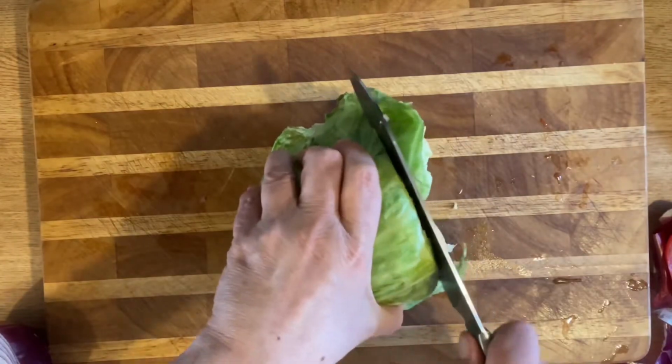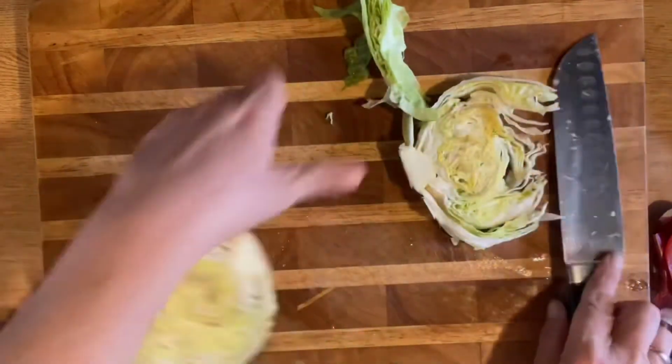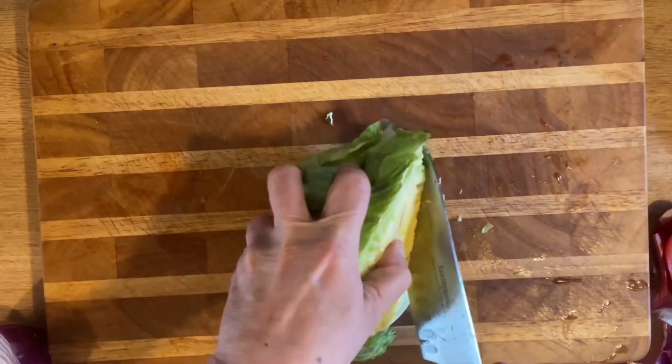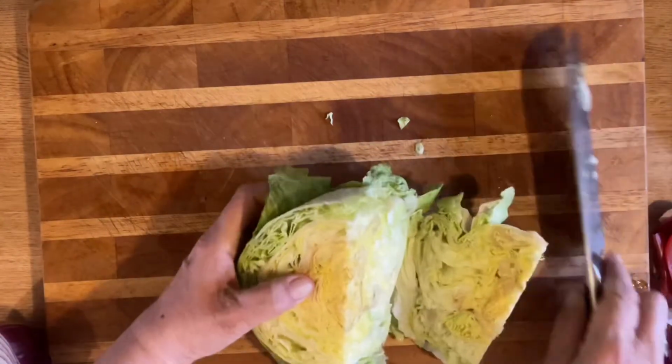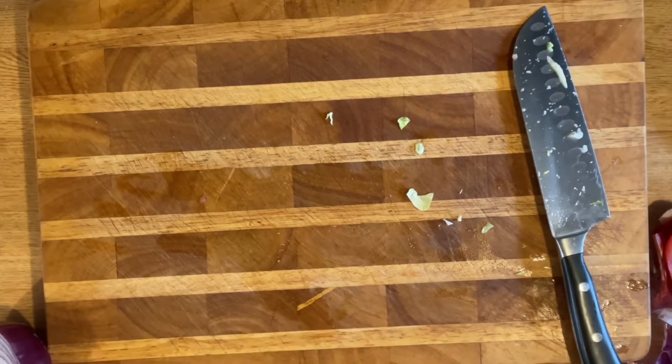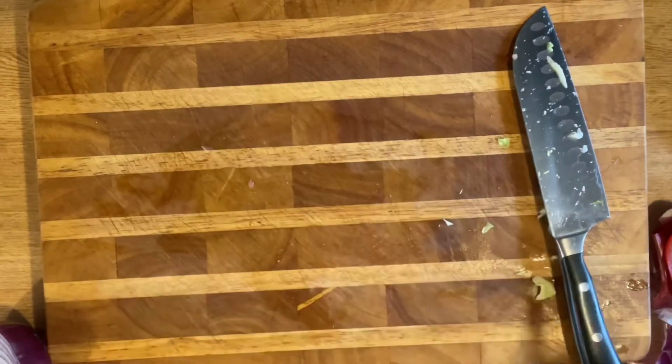And now for my lettuce, I love a lot of lettuce. So I'm just going to cut some of that piece off because it's got a little brown spot on there. Oh, yeah, I think I'm going to get the other head of lettuce. Hold on, guys. I can use some of that, but